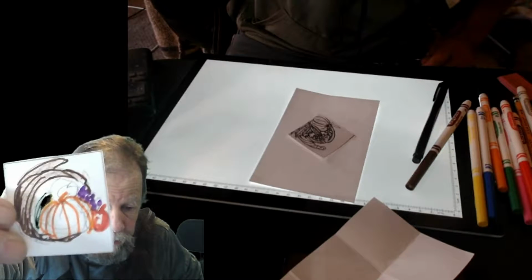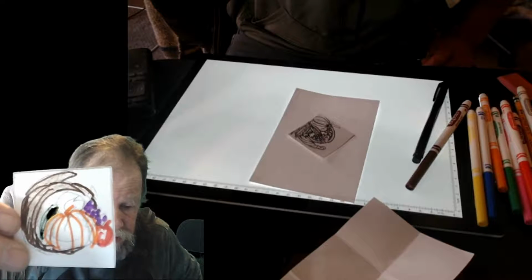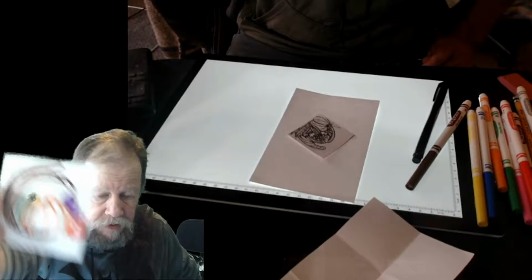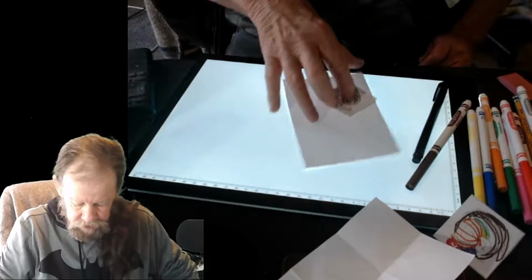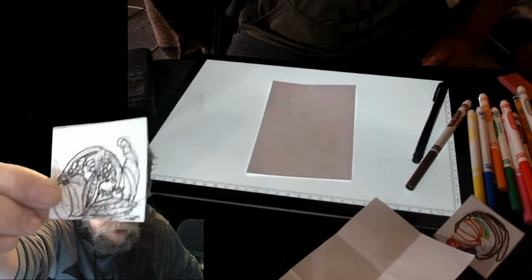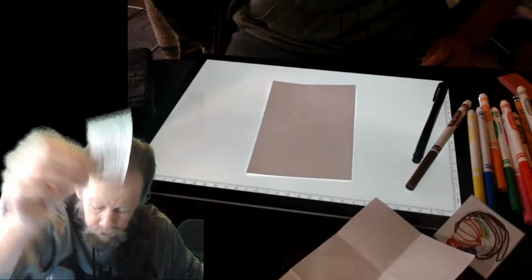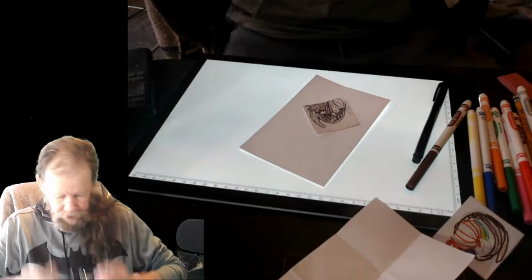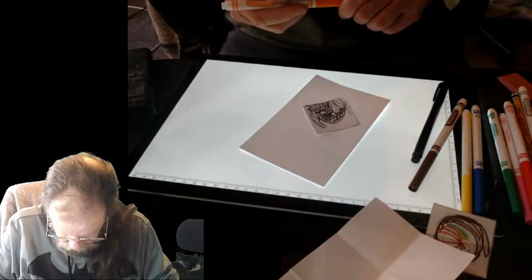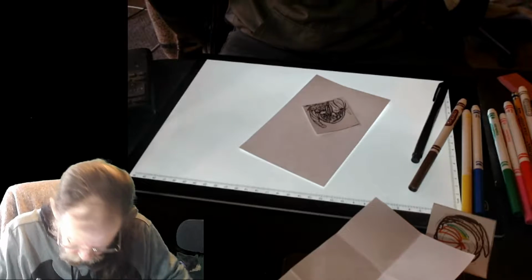I just did a little bit of pencil and a few markers just to see if the idea was going to work, and to get a sense of the size of this. So you saw me draw this. This is what this one is now. It looks kind of a mess there, but let me get busy with these markers here. So I'm going to start with this orange